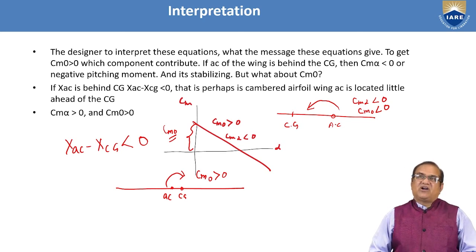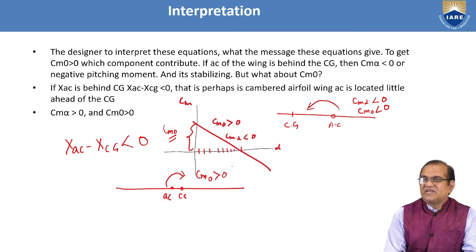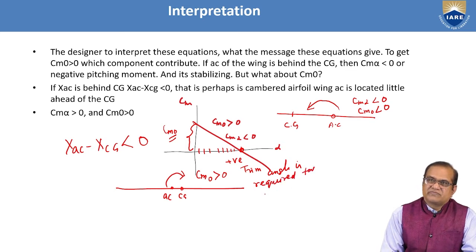The effect of CM naught positive is that it can give a trim angle here. This is the trim angle. At this point, a positive trim angle is required for proper control of